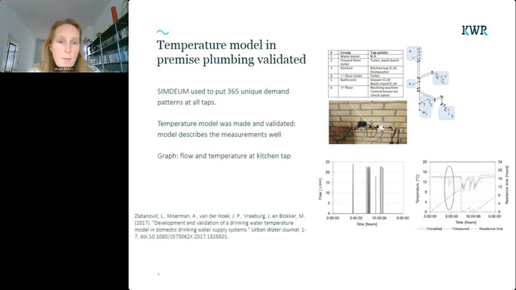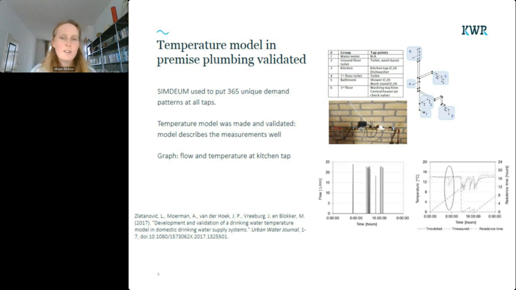We've made a temperature model also, related to hydraulics and the basic physics of heat exchange between water and surrounding air. This model was also tested at the Technical University of Delft. They built the same system that I've been showing so far and put it in an empty elevator shaft a few stories up. They applied the stochastic demand patterns that we modeled. So we have a perfect match, or almost perfect match, between model and